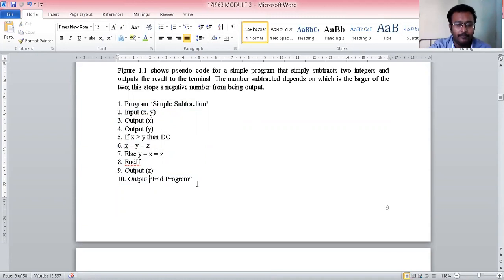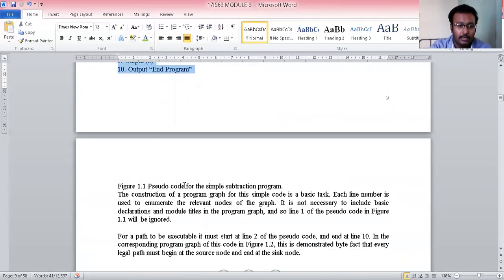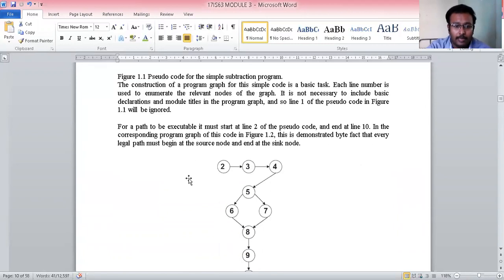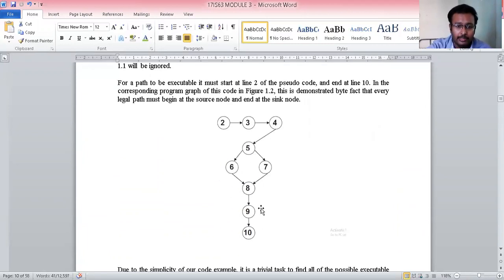Now from this program, given any pseudocode, how do we construct a program graph? First thing you should know, a program graph looks like this. A program graph has nodes, for example 2, 3, 4, 5, 6, 7, 8, 9, 10.